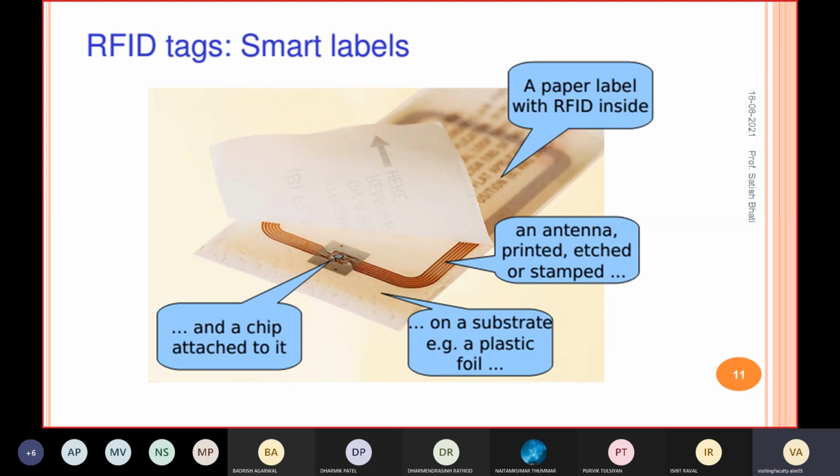So here you can see one figure. In that I have zoomed that RFID tag, right? That label. So you can see it has a kind of chip. On the circuit or whatever the part in that, they have a plastic foil, right? And you will see a kind of line. So that line is nothing but a kind of antenna, right? And also it has some information,